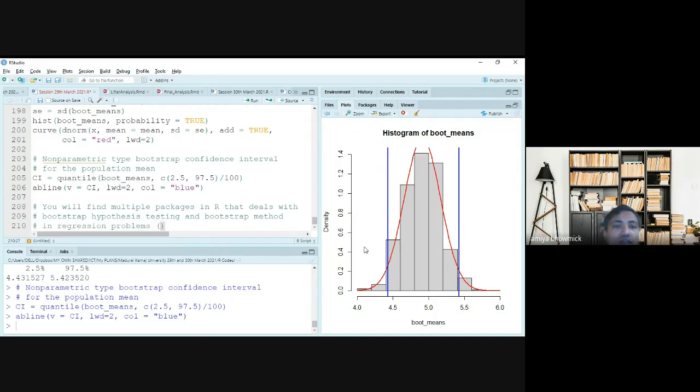In particular, you can have a look at the package called alr3 that offers a nice way of performing bootstrap, identifying the coefficients or uncertainty or standard error of the coefficients using bootstrapping.